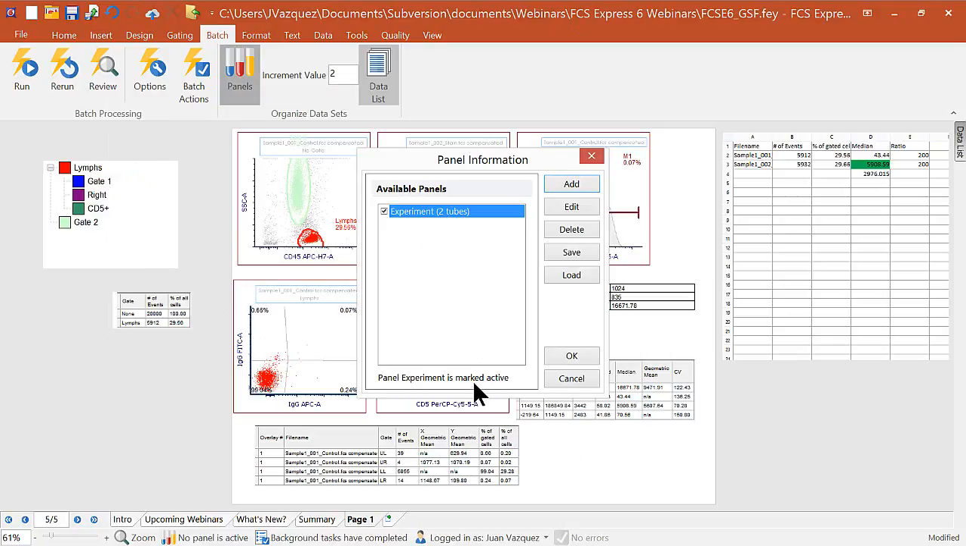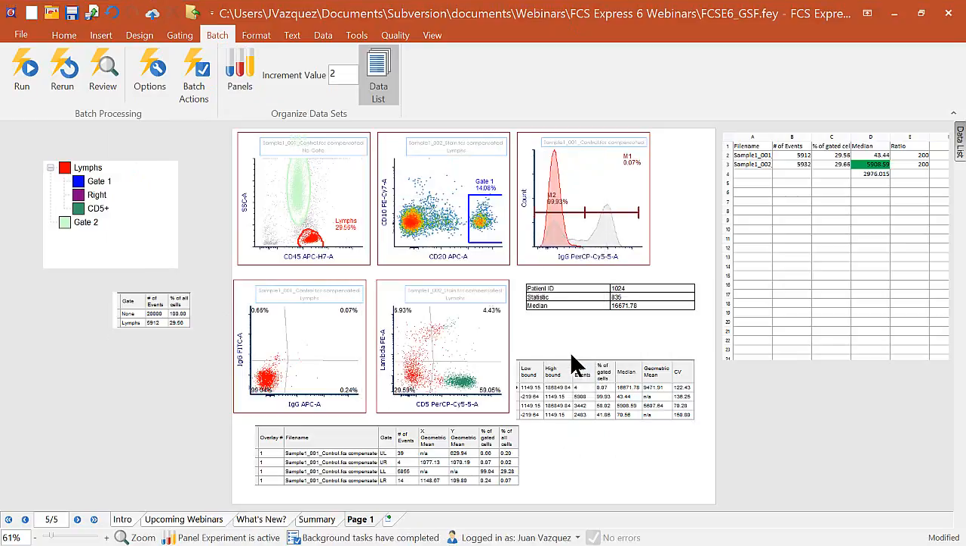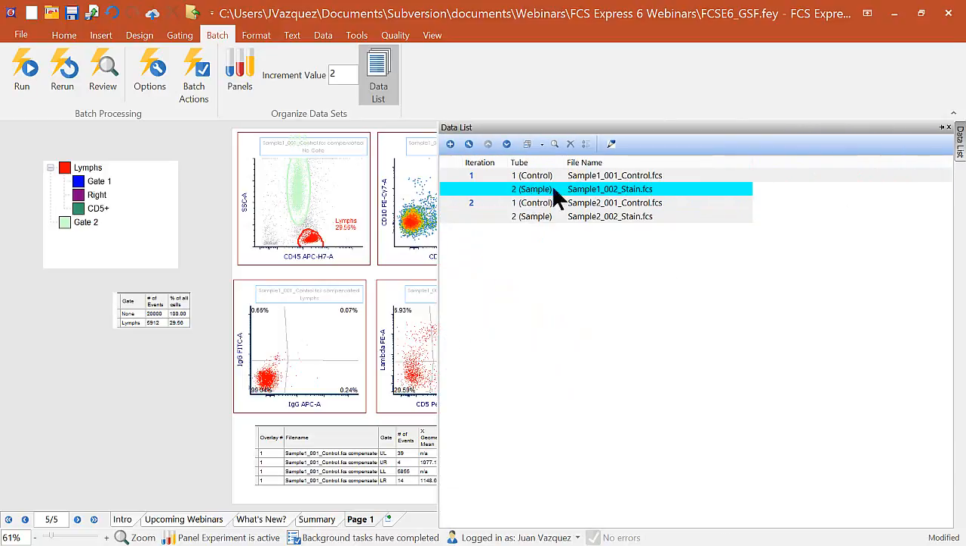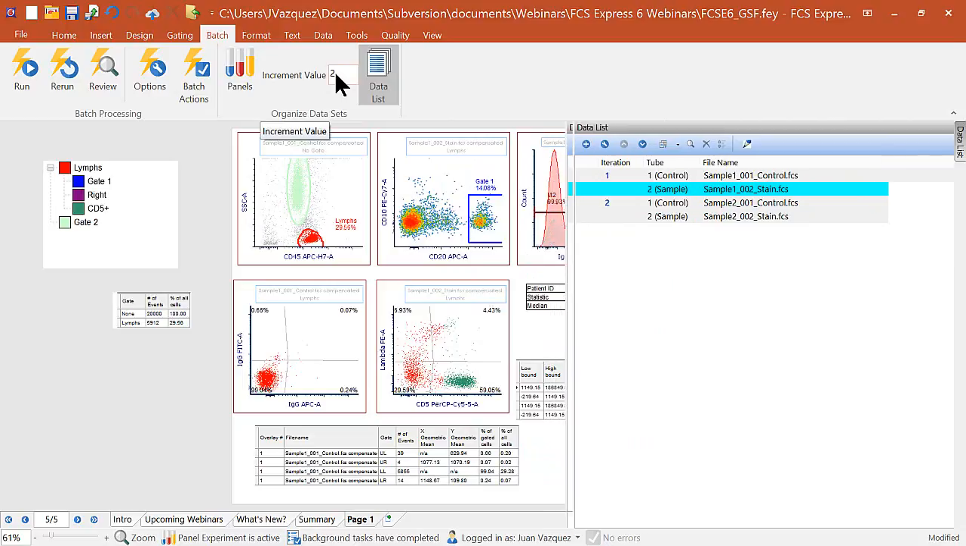And then we'll have a panel. You can see now it's marked active. If I click OK and go back to my data list, you'll see that my data list lists each iteration still as number 1, number 2, but now it's actually designated each tube specifically as I named it within that panel. Now the benefit of using this rather than just determining the increment value is if I save